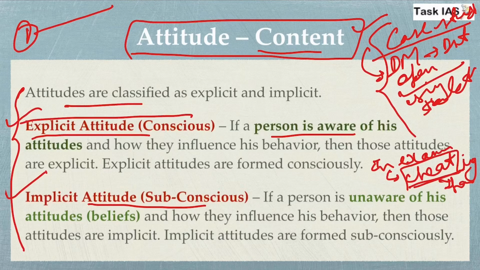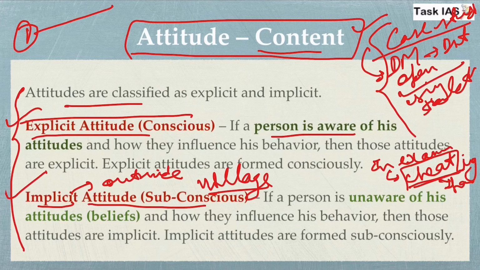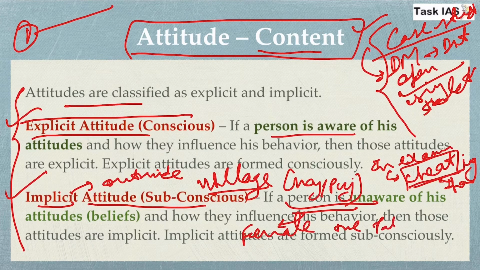Now secondly, implicit attitude. This is the type of attitude which even the individual is unaware that he has, and this can't be judged easily from outside either. For example, if you go to a village area, especially in a state like Haryana and Punjab, then you can easily notice that not only males but females also have a positive attitude towards patriarchy, because it has been internalized in them,